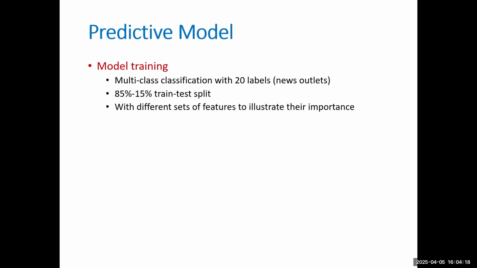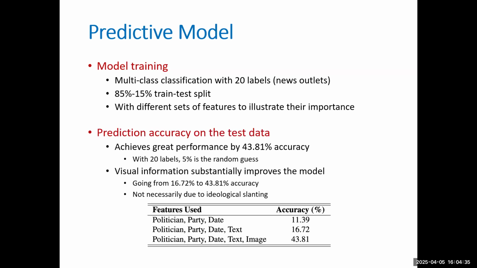All right, so on the predictive side, model training is a multi-class classification problem with 20 labels. These are 20 news outlets. We do an 85-15% train-test split, and we use different sets of features just to illustrate the performance, how it performs. So the first thing I'm going to report here is that